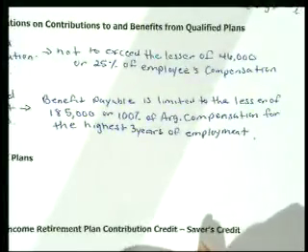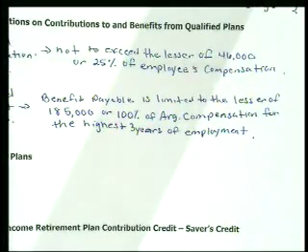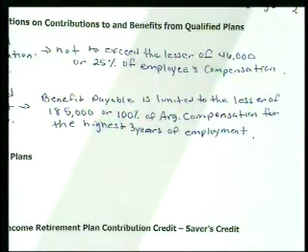Okay, so as you can see, there are limitations on those contributions. It doesn't matter if you're involved in a defined contribution plan where they place a limit on the contributions going in, or if you participate in a defined benefit plan where they're going to place a limitation on the benefits. So for defined contribution, they're going to limit your contributions to $46,000 or 25% of the employee's salary. For a defined benefit plan, they're going to put a limit on the benefits, and those benefits being the lesser of $185,000 or 100% of the average compensation for the highest 3 years of employment. So just be aware of that.